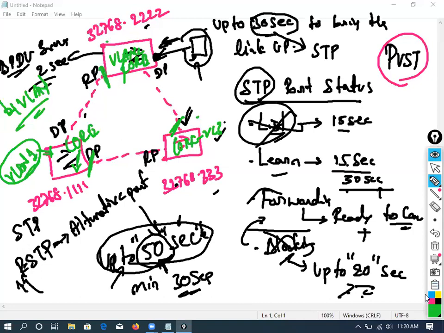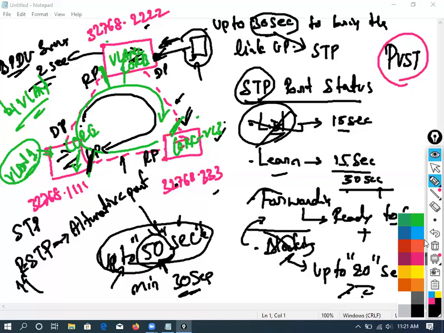Now have a look here. For VLAN 1, I'm going to take the green color. VLAN 1 packet transmission will happen like this. Are you getting my point? Now take VLAN 2. Where is VLAN 2? This one, right? VLAN 2 blocks this one, so the packet transmission may happen like this. Look at this, still here this link is being used. This link is being used. As per VLAN 3, now let's bring another color.